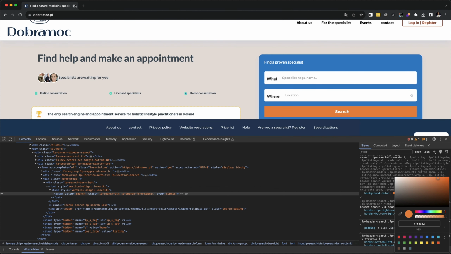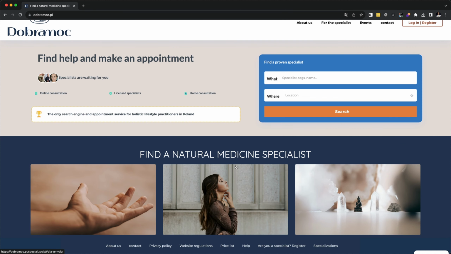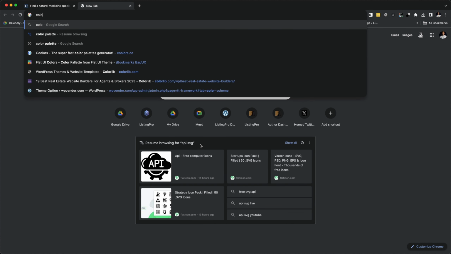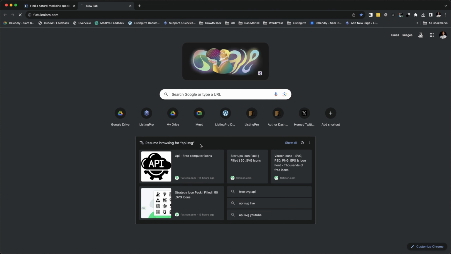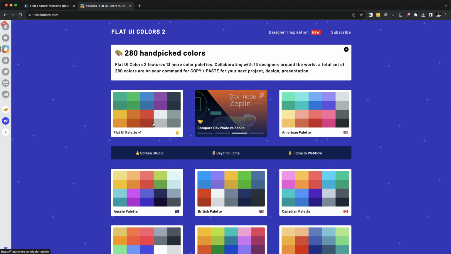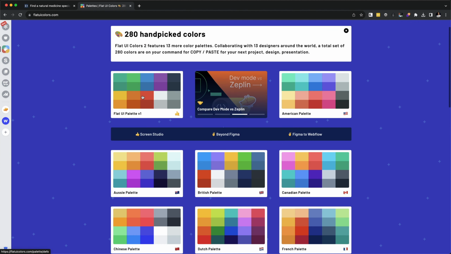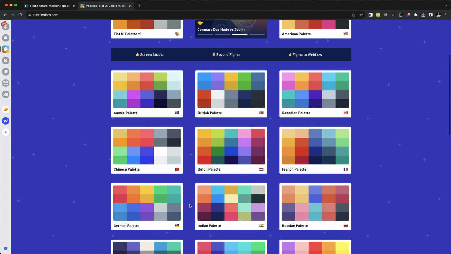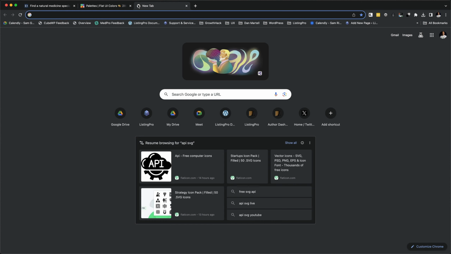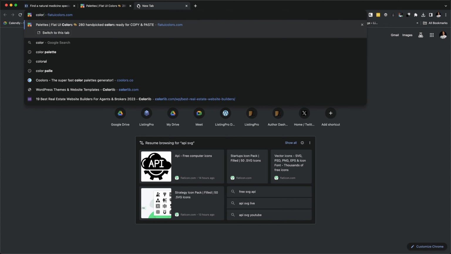I don't know. Maybe you can try color palette or Flat UI. Actually, Flat UI does a good job. You can go here and pick the shades of the specific blue and orange that you like. You can pick from Flat UI, American, Aussie, British. They're different country-wise, or you can go search for color palette,